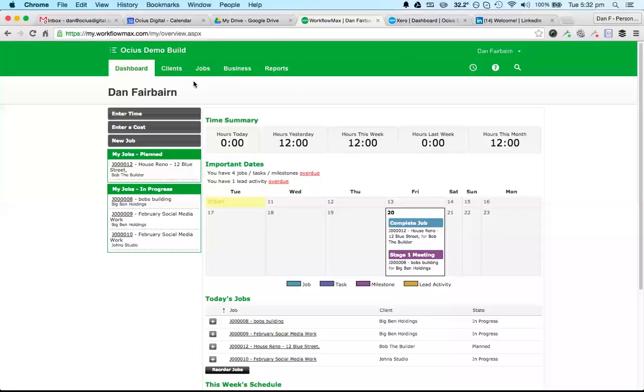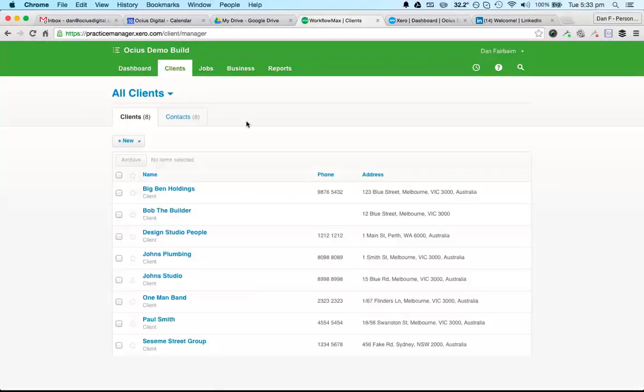So this doesn't change what sends through to Xero. Xero still has its default local currency, so AUD, for example. But it's a good way of showing to the client different currencies, and then there's a very quick edit within Xero. So if I go into a client here, just in our demo build and demo system,